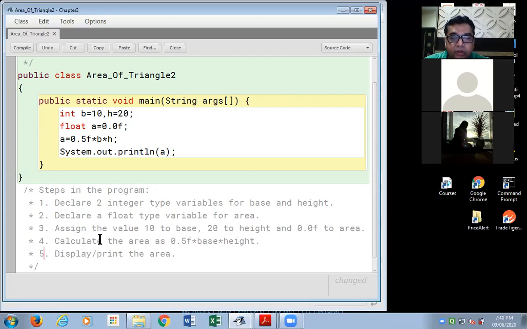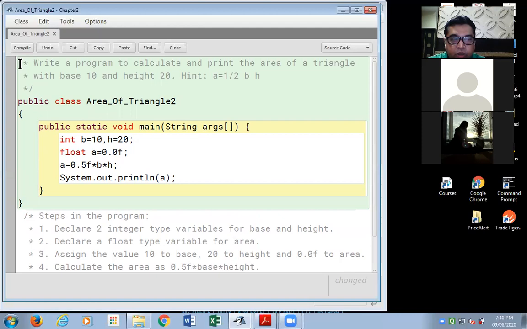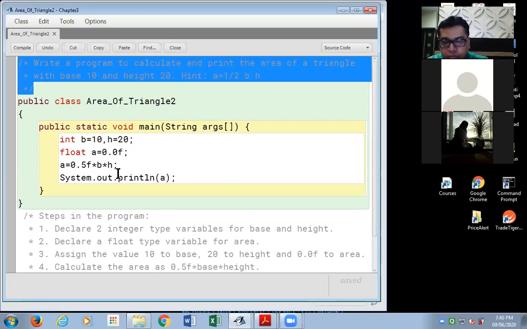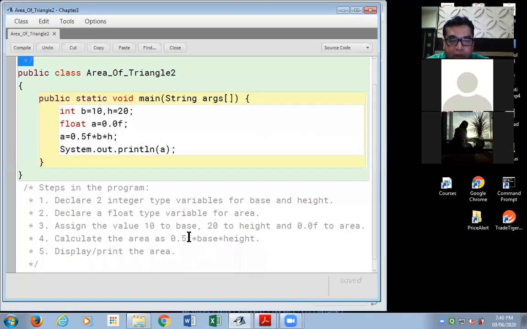Now we can be in these steps. I could be a bit casual. You see, you are not going to write these steps in the examination. These are only from my side to you for your help. You don't have to write them in the examination. The comments that you're going to include in your examination program solution are only these ones at the top. Now I said I could have been a bit casual and wrote over here 0.5 into base into height. Let me tell that to you. In this explanation that I'm saying, even over here I could have written 0.0, or I could have even written 0 to area.